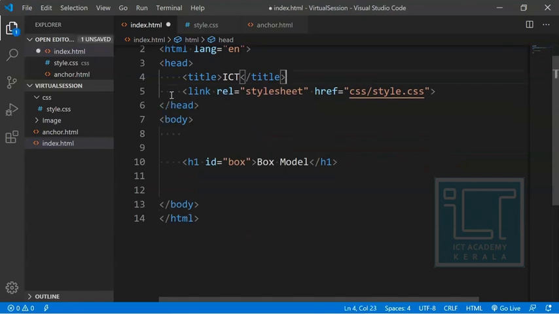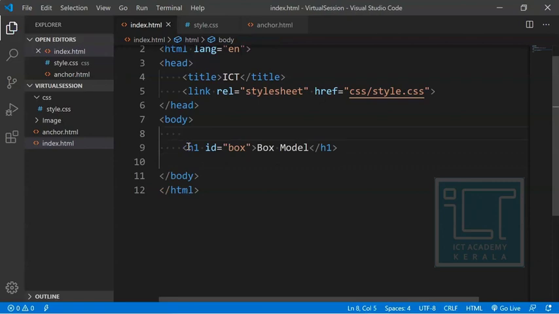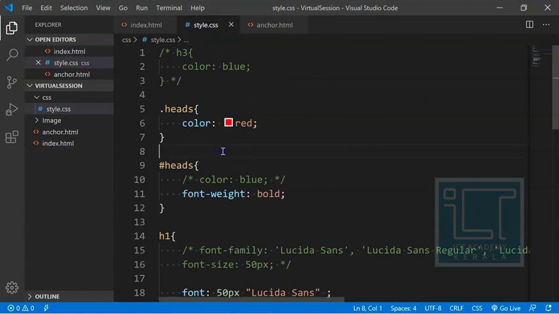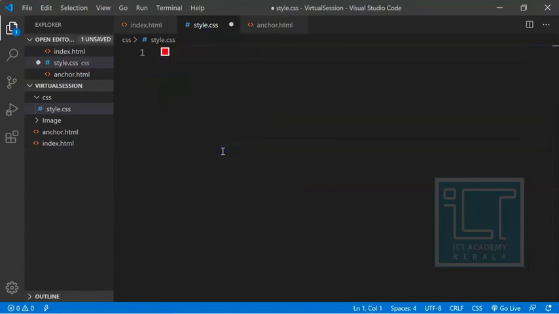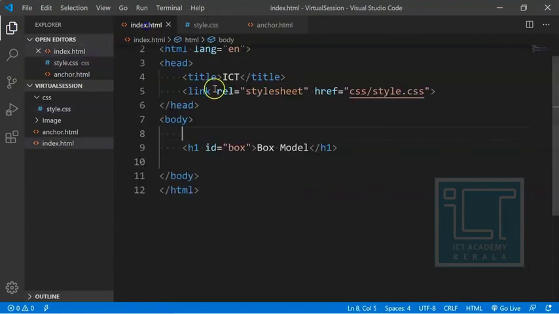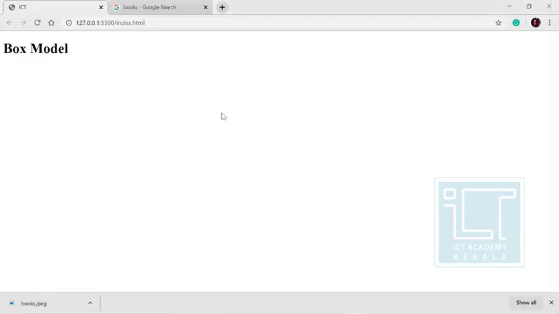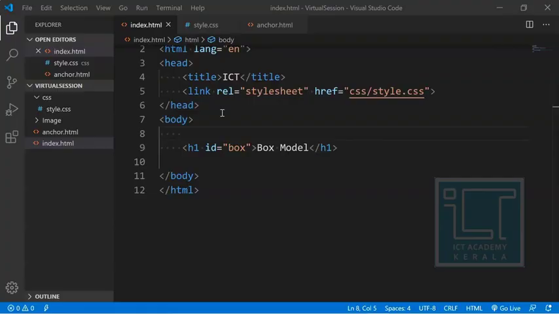I want to make it much cleaner so that you get a better idea and a better understanding. For that I'm doing this. So inside the body and inside the HTML, I'm going to delete all these contents and style. I'm just going to make it clear. So this is the content, that is an h1 of box model. So this is a box model h1.